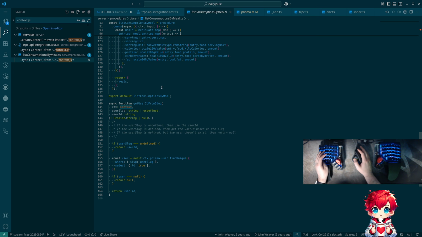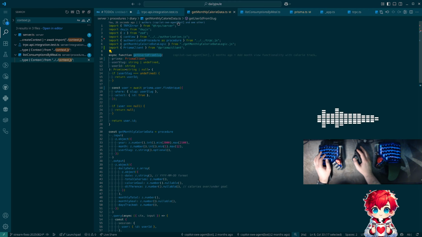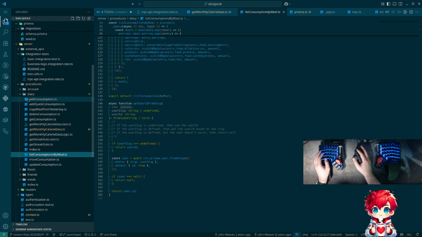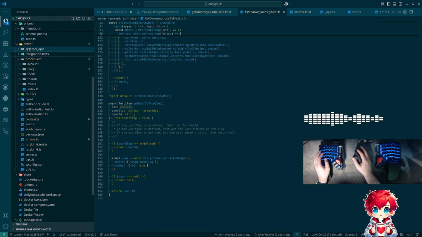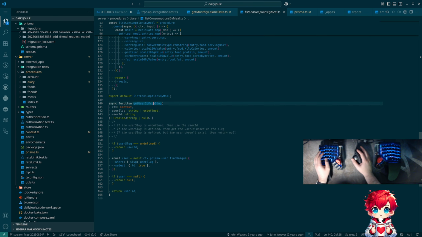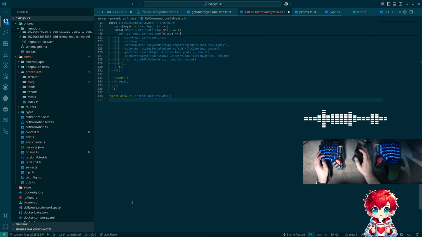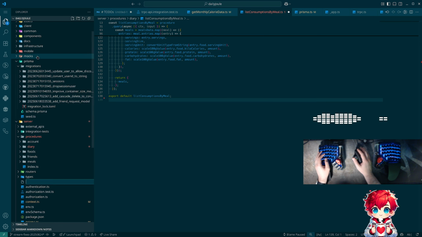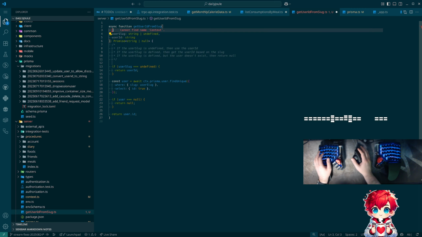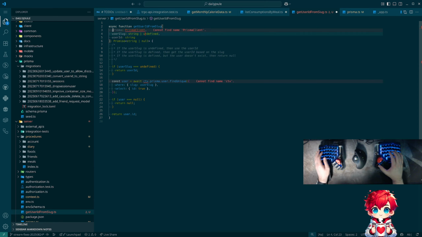Hey, this looks familiar. Didn't I just get user ID from slug? Get user ID from slug. It feels like maybe these should be in a file. Let's see, where do I have? Interesting. I will take this version because it has some comments in it. And we're going to make a file called get user ID from slug.ts. And then we're going to change this to actually take Prisma. And then